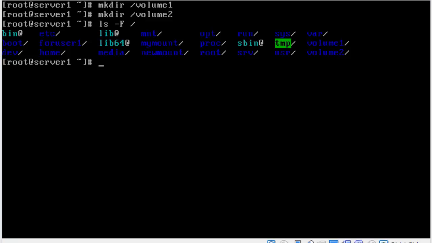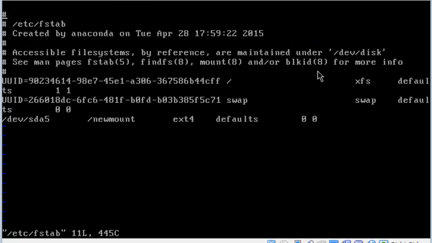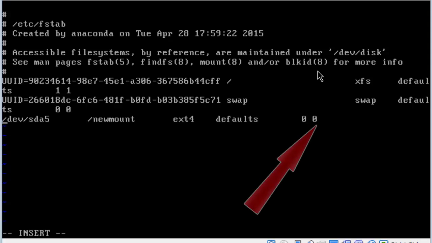I'm going to skip a couple of steps and go straight to editing the FSTAB. You should do all of the steps in the lab. We're trying to make this video a little bit shorter. So editing this file, I go all the way to the end of the last line, arrowing down, hitting end on my keyboard to get to the very end of the last zero, hit enter, and now I'll put the /dev/VG00